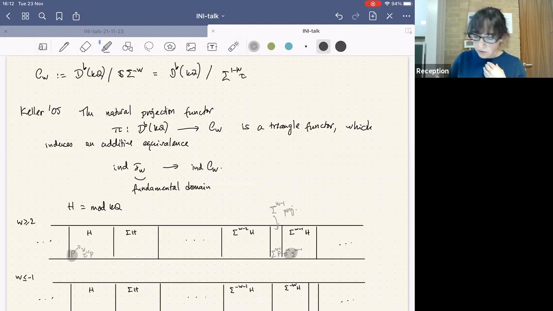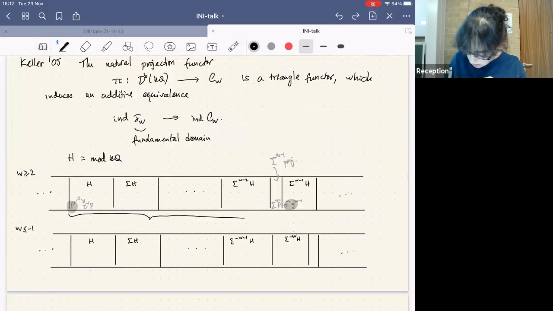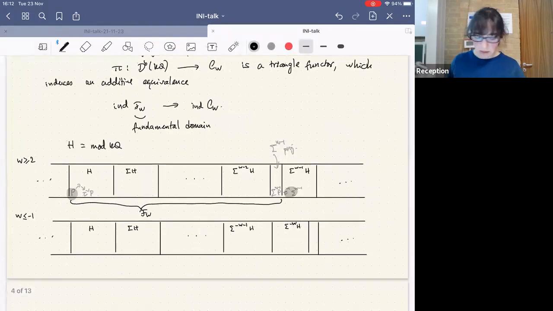Okay, so this means that this is our fundamental domain. So you have H up to shift minus W minus 2, and then the shift W minus 1 of the projectives on the fundamental domain. For the negative case,